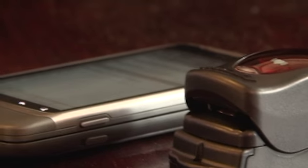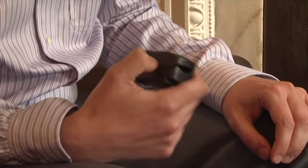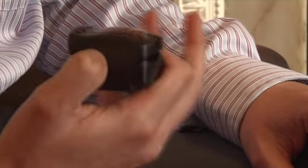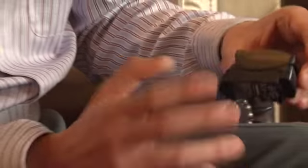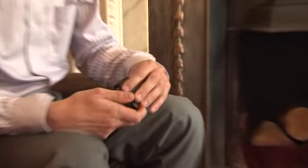So what we plan to do in the first stage of the study is apply a commercial device called a pulse oximeter. This device measures both your oxygen saturation, so the oxygen content of the blood, and it measures your pulse rate. We're more interested in the oxygen saturation of the blood, and it's a really simple device to use. It can be used in your own home. You just basically pop it on your finger,